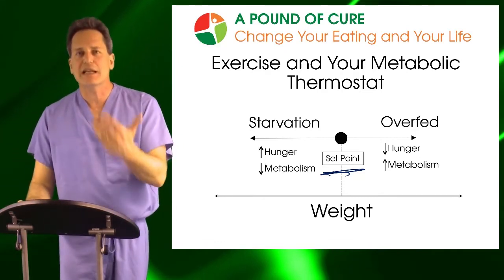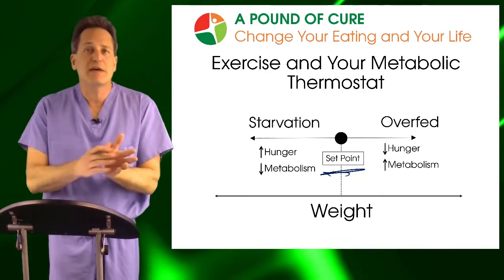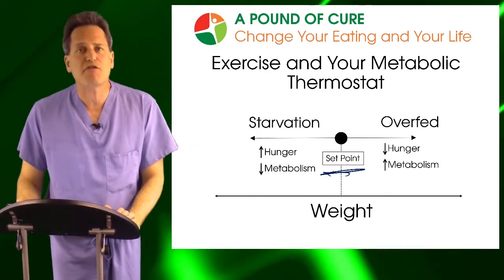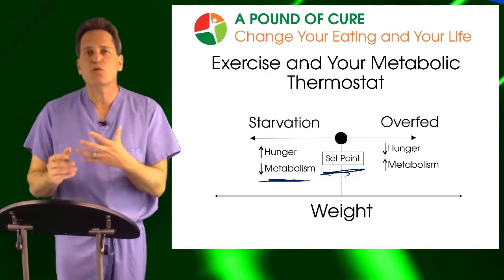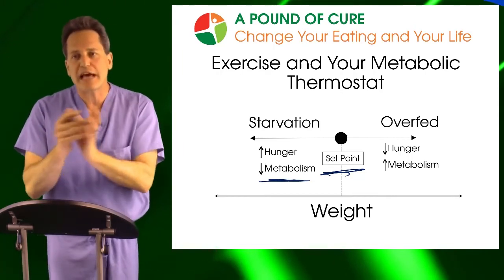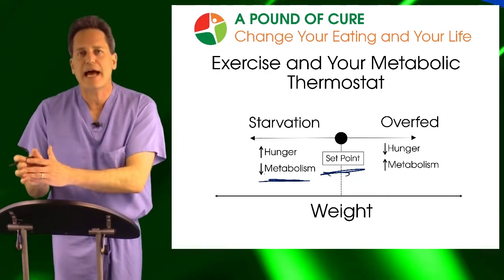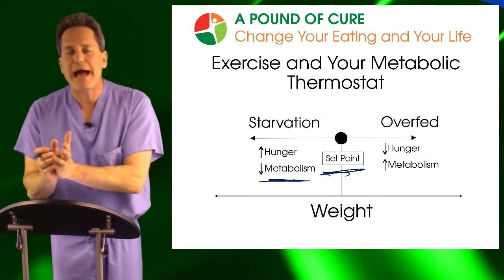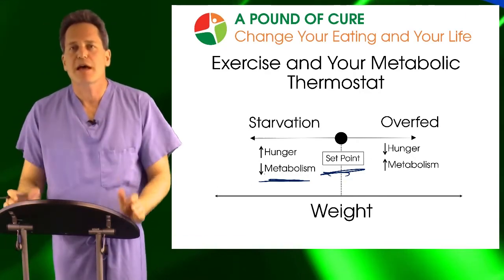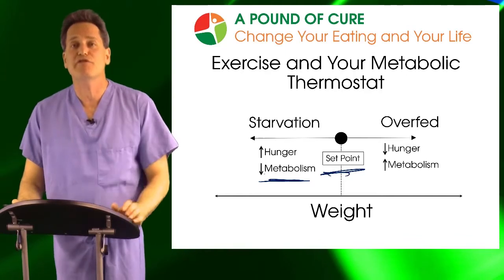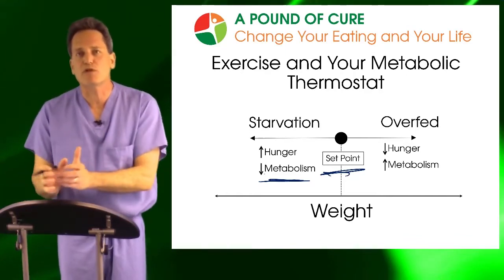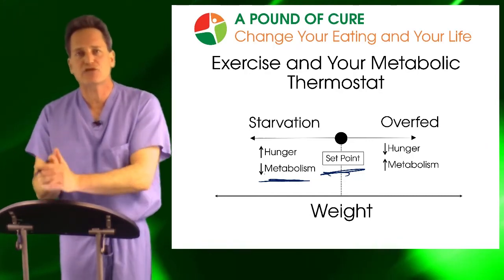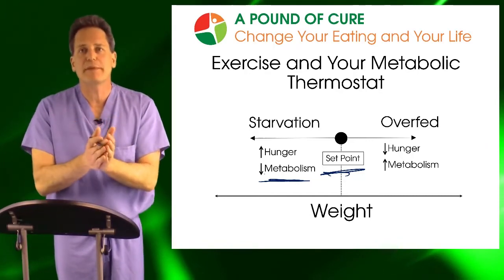What we find is that with a lot of exercise, say you do an hour and you burn 500 calories, that night when you go to sleep, because your body's working against this extra calorie burning and trying to bring you back to your set point, you may burn fewer calories, even 500 fewer calories that evening. So oftentimes your body revolts against the exercise and fights against the extra calories that you're burning and works to maintain your weight.